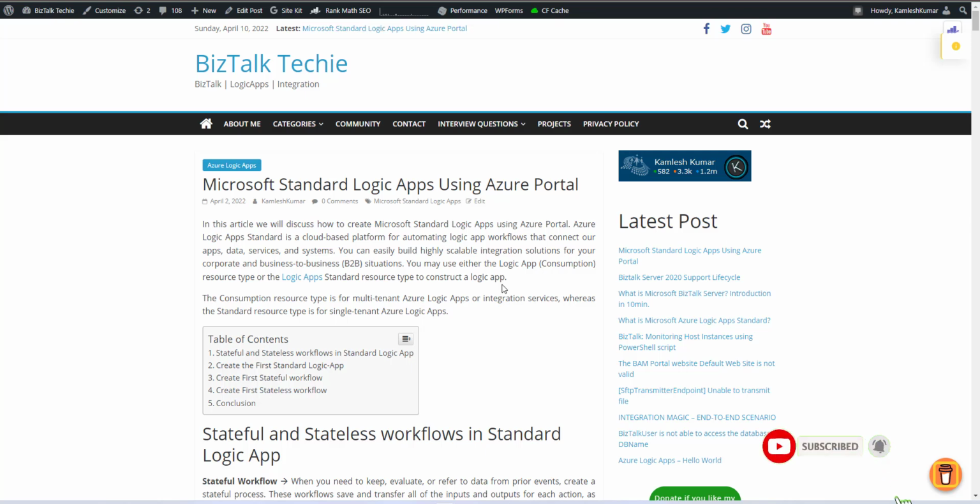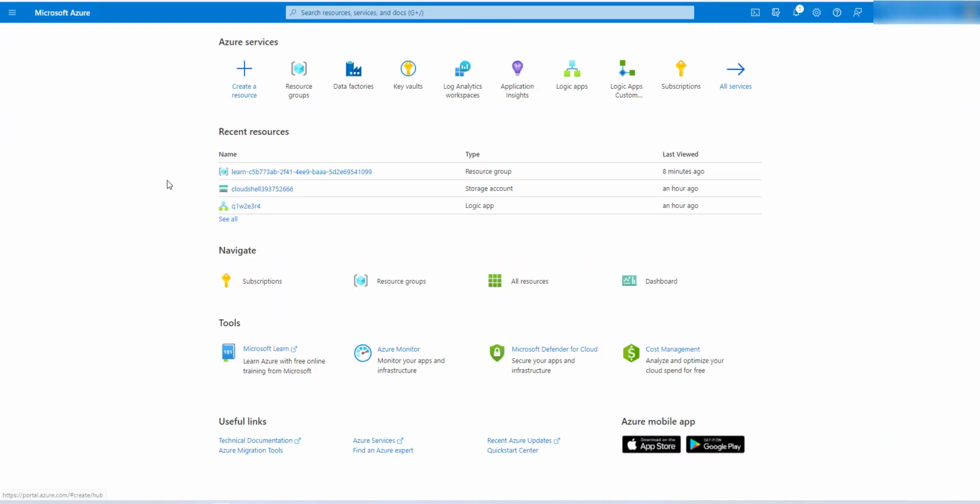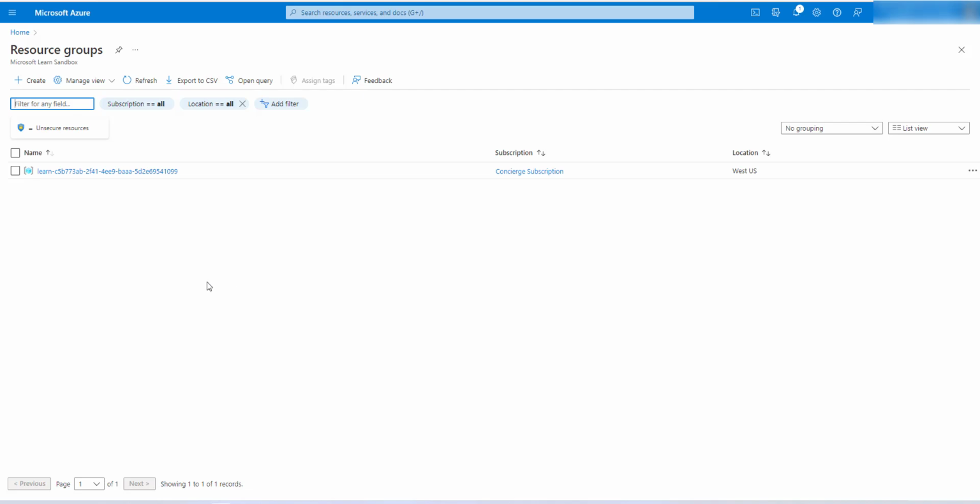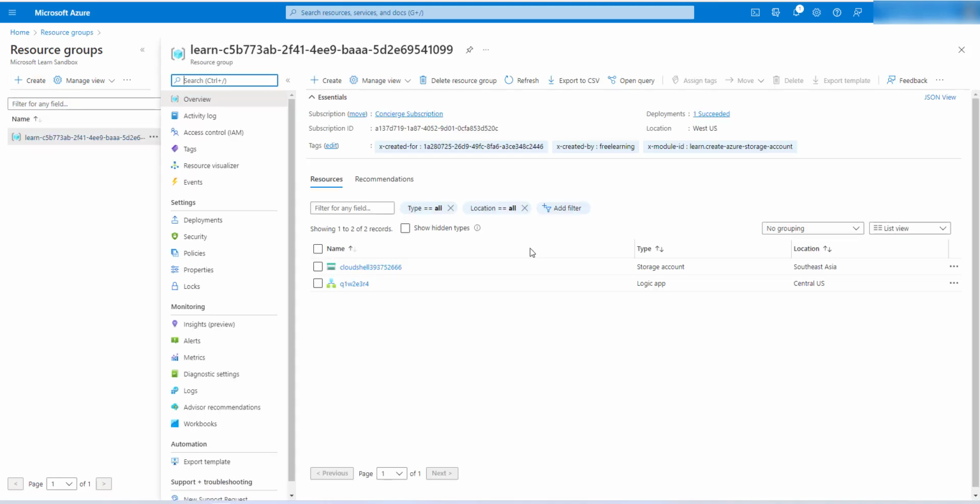So for that, we first have to go to our Azure portal account. So let's go to azure.portal.com. Okay, so I am logged in here on our Azure portal account. So we'll go to the resource group. First we have to create our Standard Logic App. So for that, we can go to the resource group, and here inside this resource group,